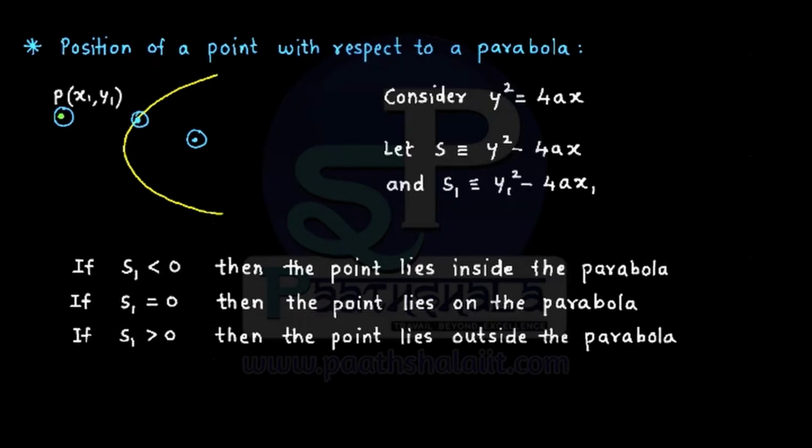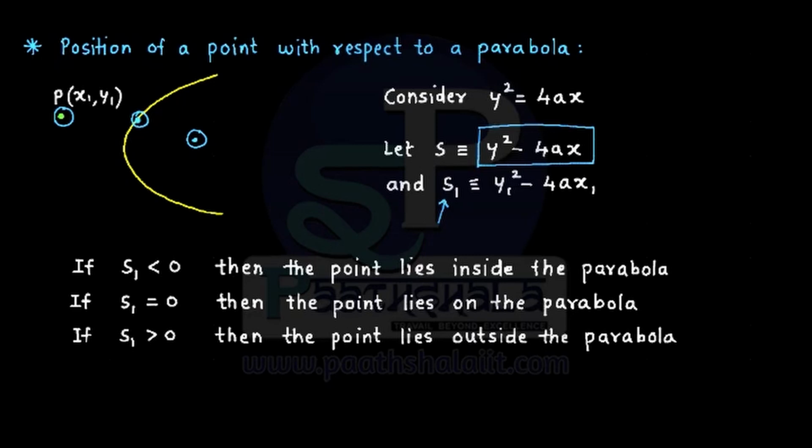For that, let us rewrite the equation in which all terms are on one side. Therefore we get the expression y square minus 4ax equal to 0. The left hand side of that equation we call the expression S symbolically. Now if we substitute the coordinates of the given point, that is (x1, y1), then we will get a numerical value which we call S1, and based on this value of S1 we decide the position